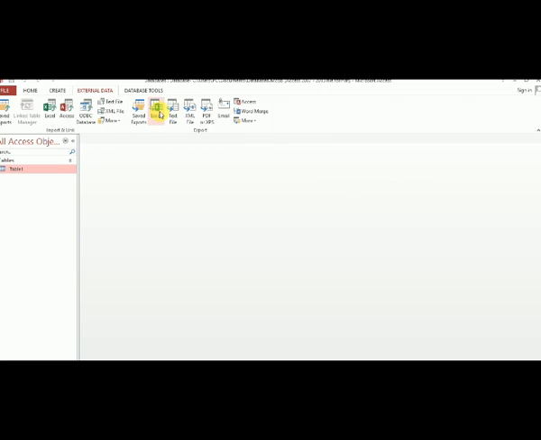You can use Export to Excel spreadsheet. Export means your database is converted to another application, for example MS Excel, and you convert it to Excel or Word. That's called export.